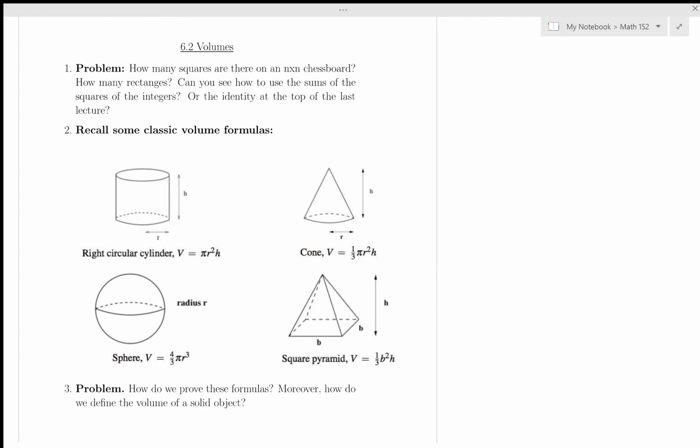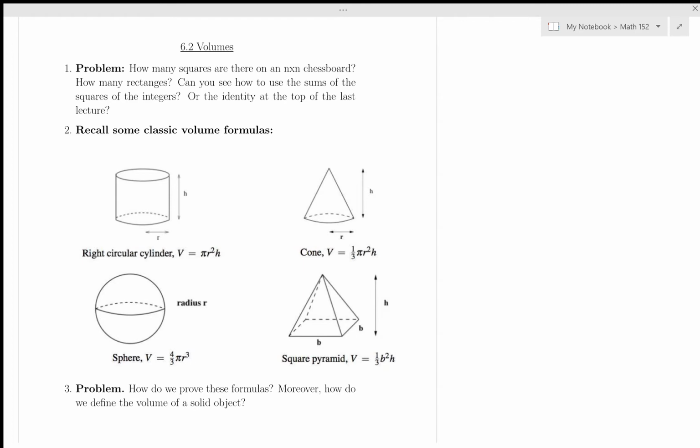This is section 6.2 on volumes. So we're going to learn how to use the definite integral to compute a volume. So just before we get started, let's take a look at some of the classic volume formulas that you